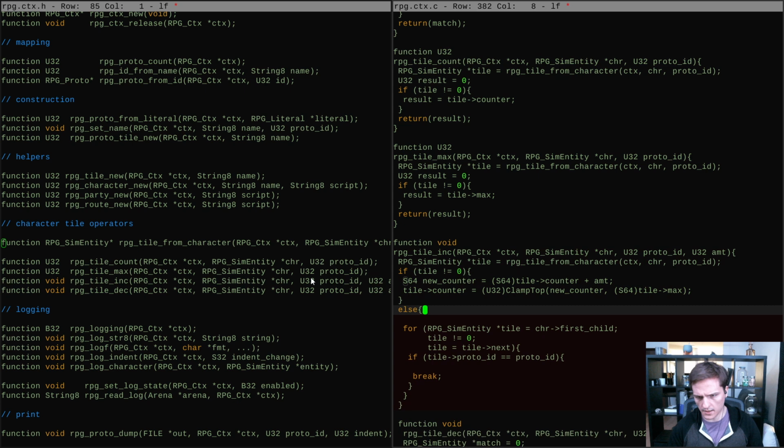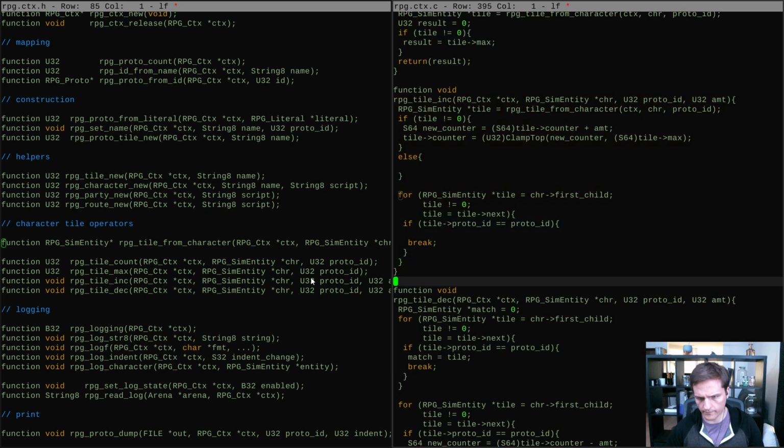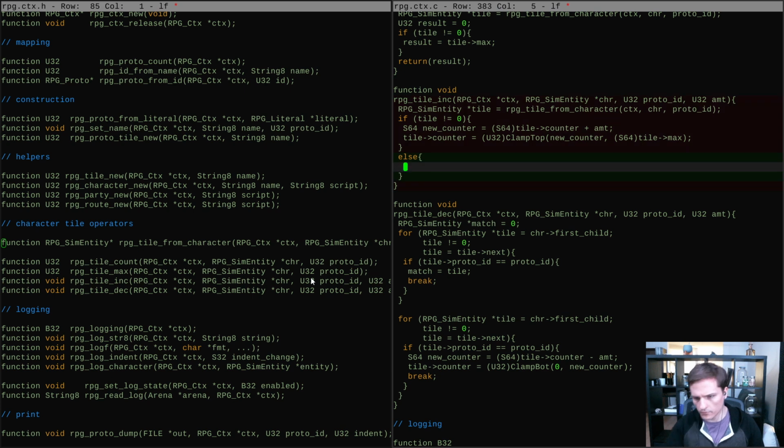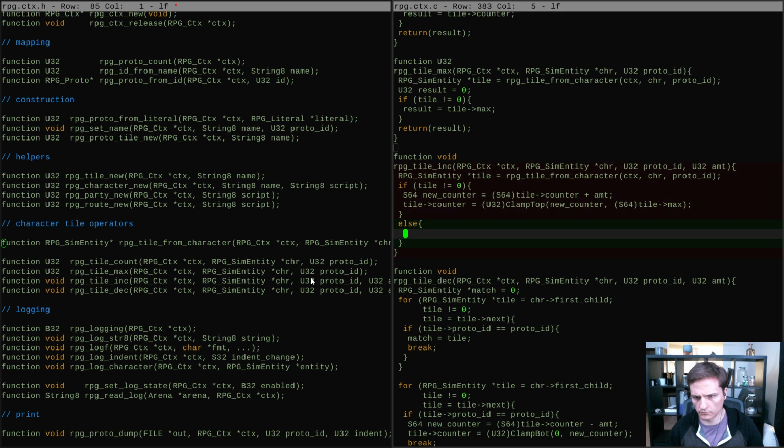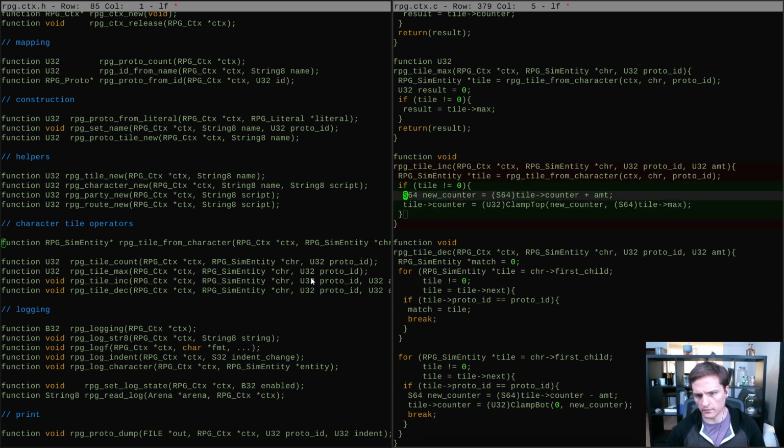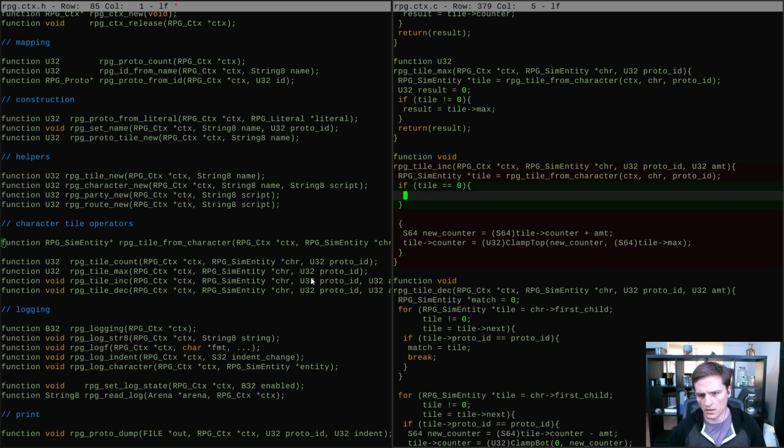But if tile does equal 0, then what we're going to do is go, oh wait, hold on. Even better, if tile equals 0, we'll go tile equals RPG